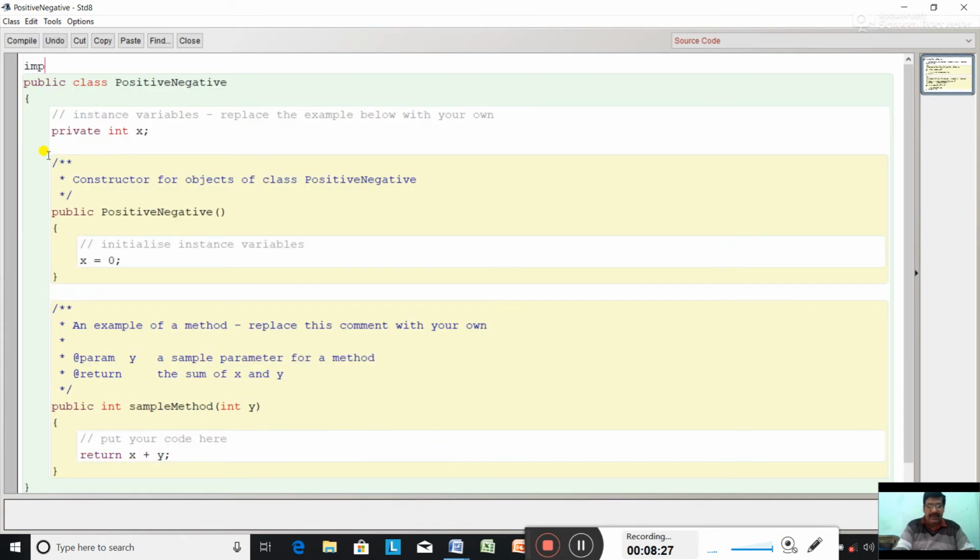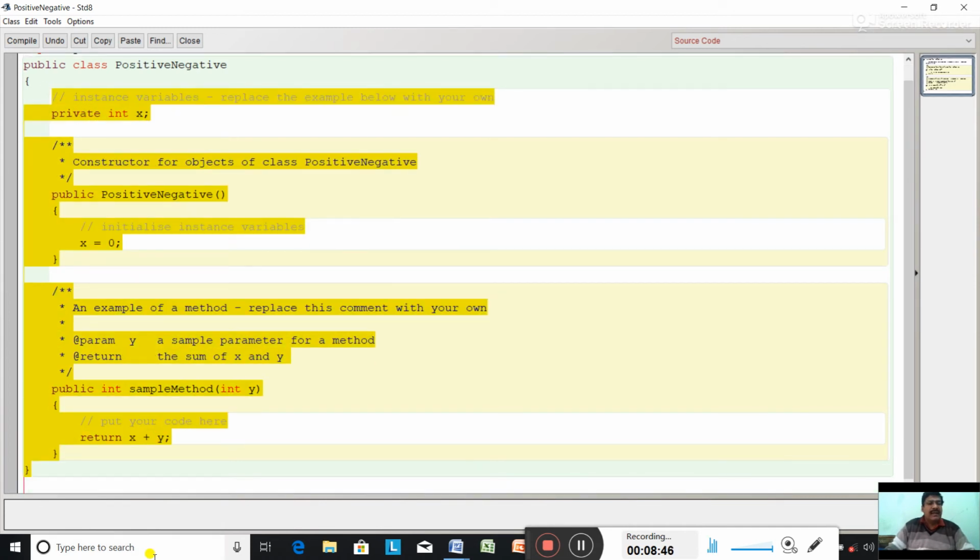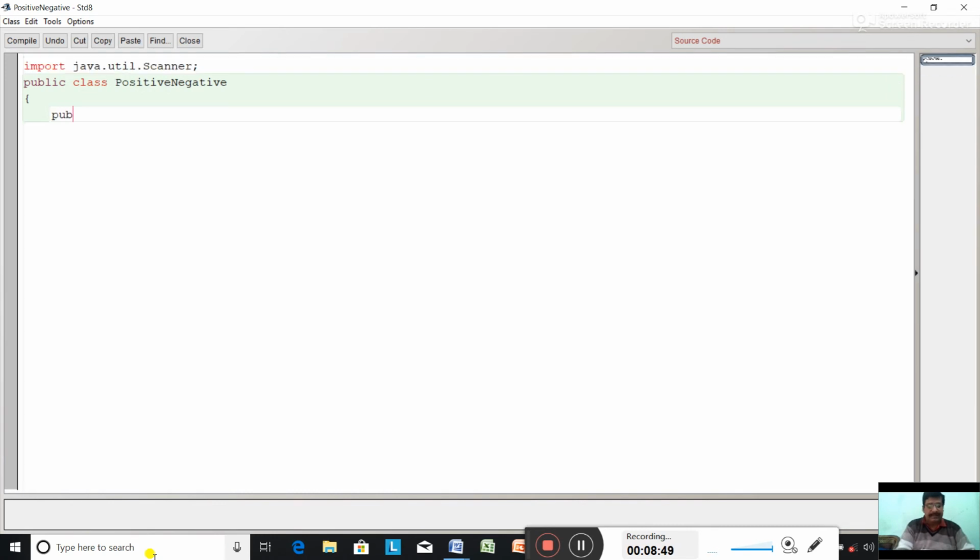First line, import java.util.Scanner, semicolon. Public class PositiveNegative. Now next line, public static void main, just type it, String args.